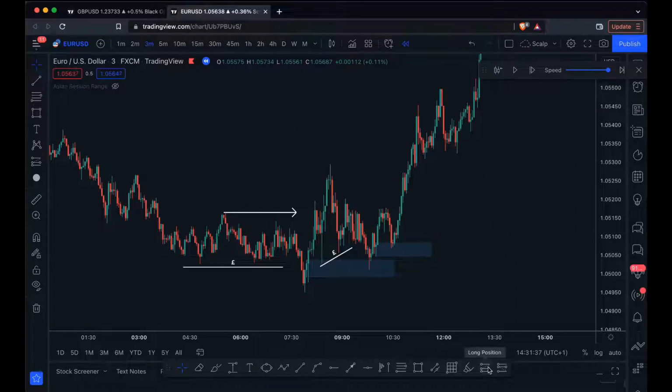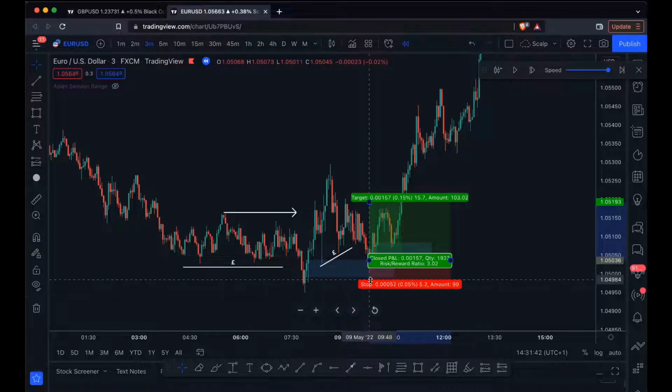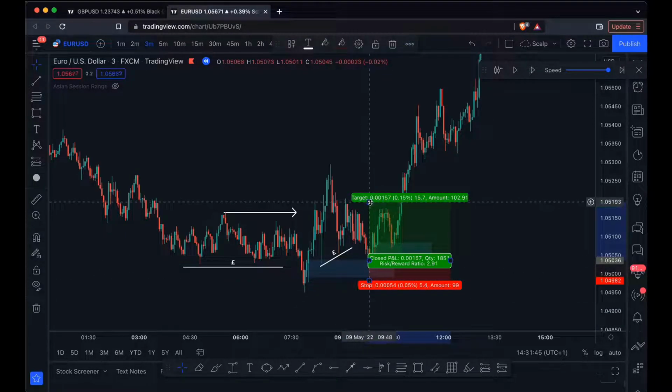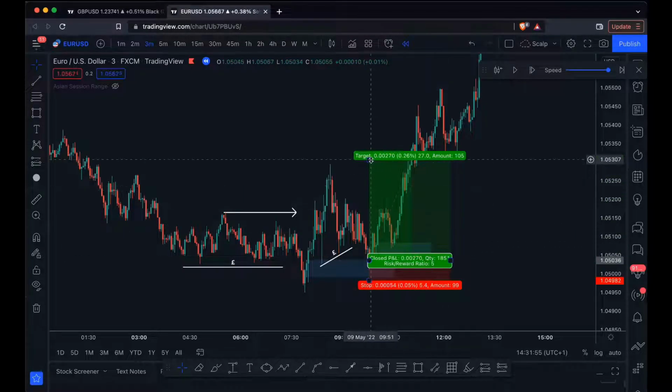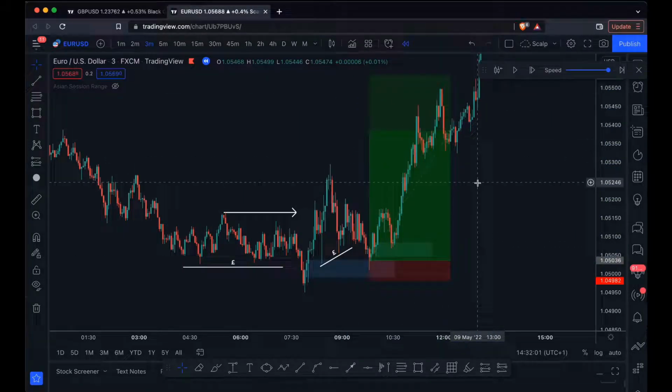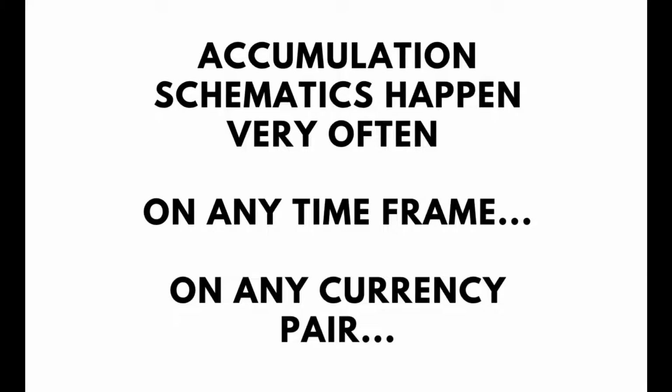So for example, let's go with the lower position. We would have been entered here, let's say. We have a stop just below, and again, a very nice and easy 1 to 5 plus just by using an accumulation schematic. So as you have seen, accumulation schematics can happen very often on any time frame, on any currency pair on the charts,